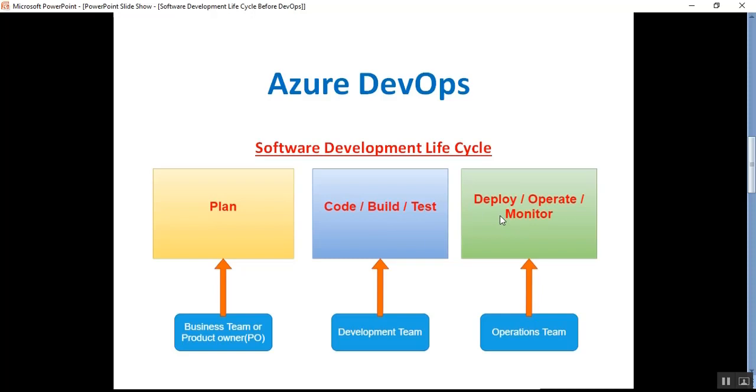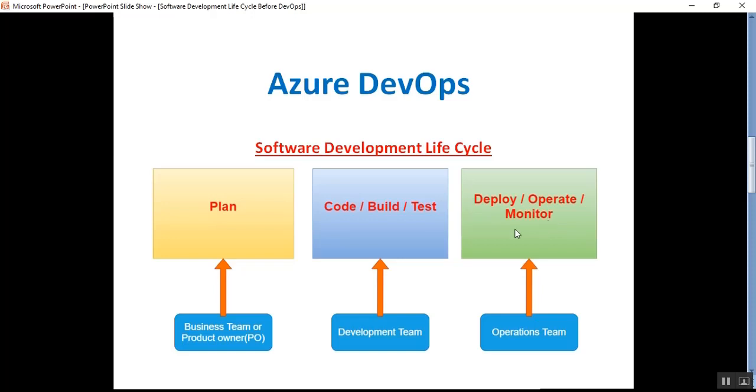But when they deploy, they can use a Windows server and deploy using some software like FileZilla, and they will operate and monitor like this. So it is kind of small-level companies.